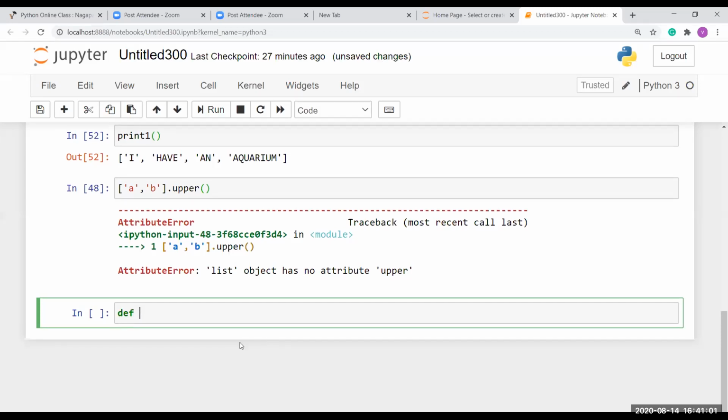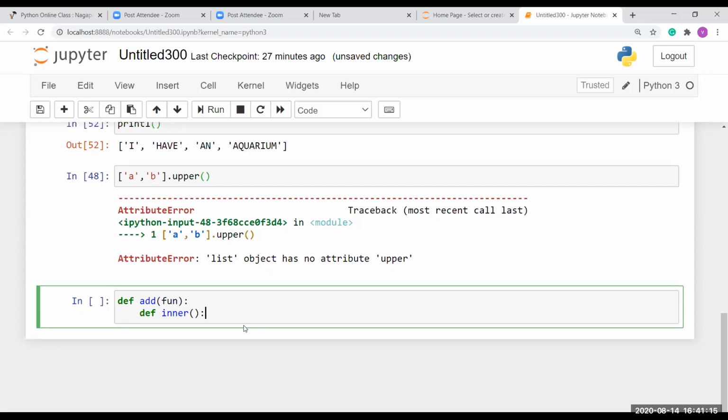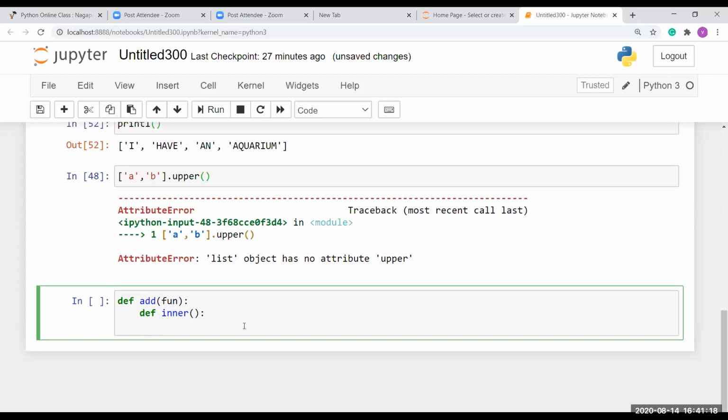First, I'm going to create the add function here, like fun, and here I need to create an inner function. You can give any name; here I'm using inner.